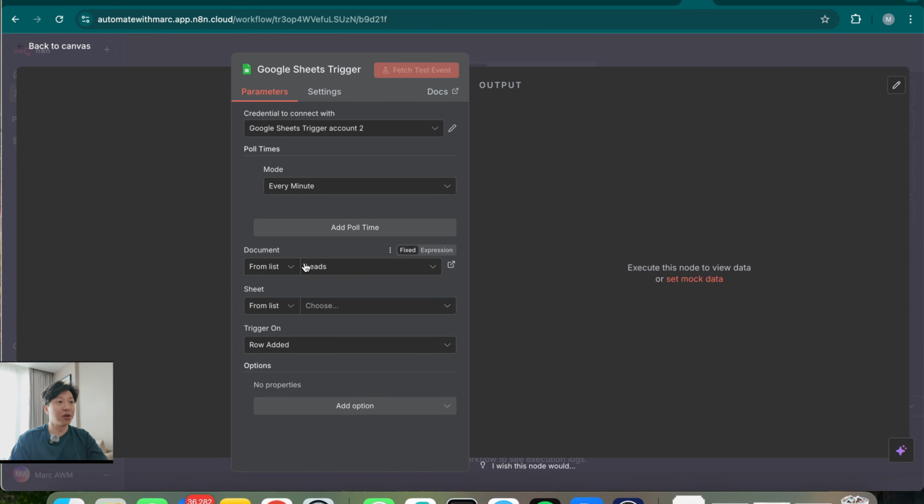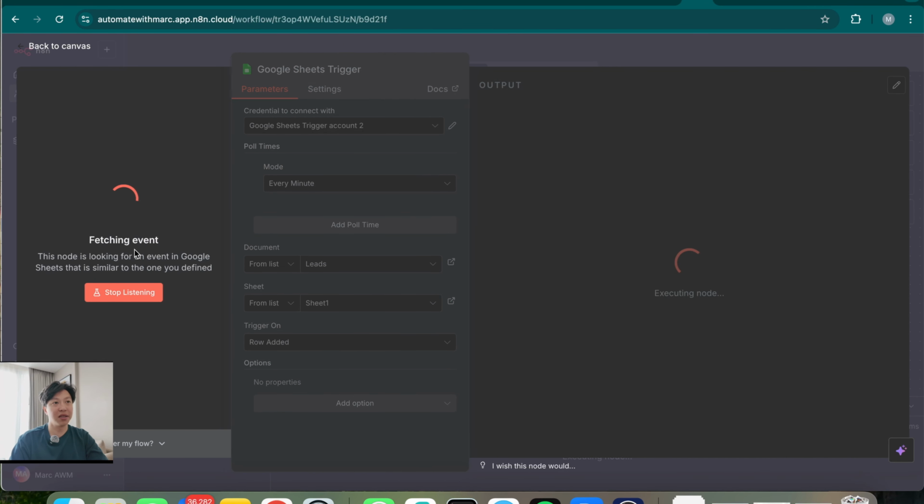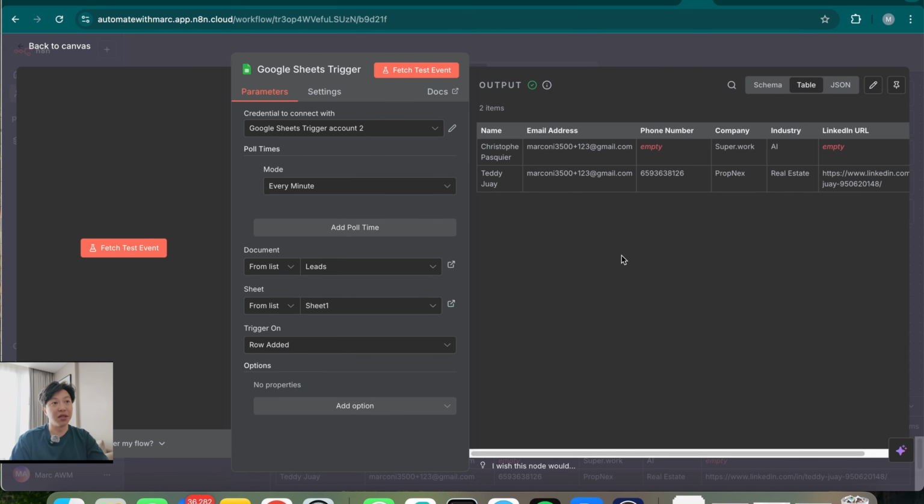So going back into the workflow, the list is called leads, so it's actually calling that. And from the list, there's only one sheet, so that's going to be sheet 1. And I'm going to hit fetch test event. There you go. As you can see, it's actually returning the entire table that we have here, which is the two names, Christoph and Teddy. Obviously these are kind of dummy profiles. Teddy's one's actually real with a LinkedIn URL. This is just so that there's some information available on LinkedIn for the AI to scrape and stuff like that